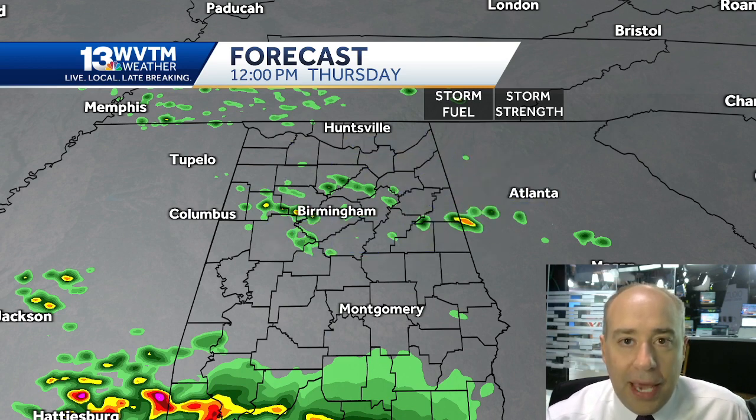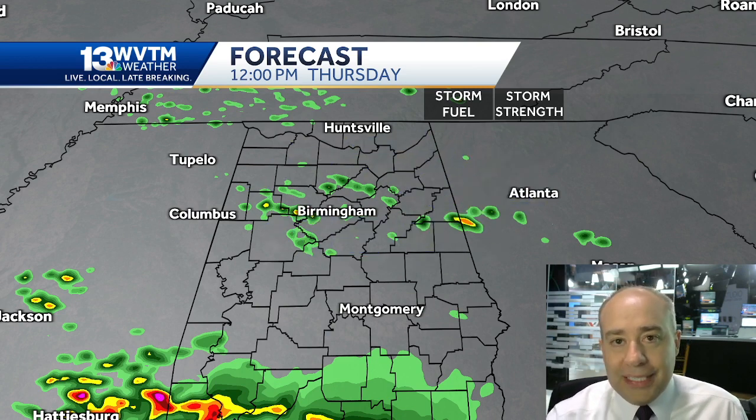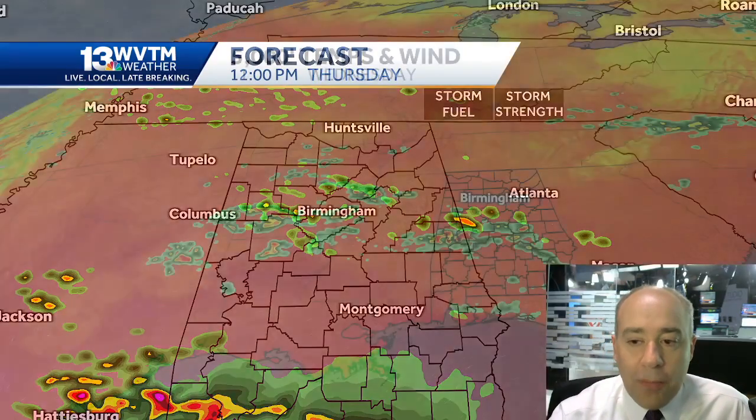We're calling it an impact day just because the Storm Prediction Center still maintains that limited risk of severe weather, a marginal threat. But I don't really think there's a whole lot going on for most of the day Thursday, which is good because it's been awfully busy the last 24 hours. So 11 o'clock Thursday morning,